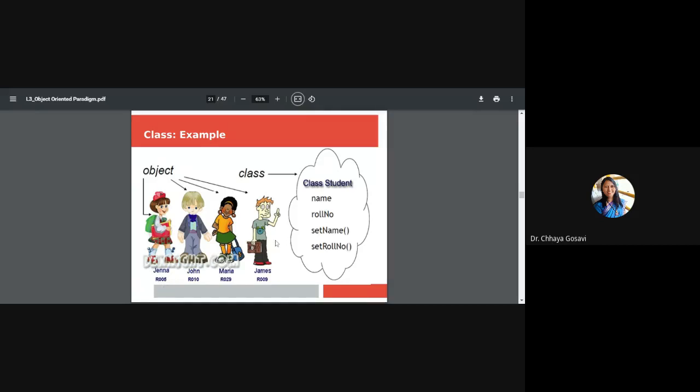So these are objects of a particular class which has one name and roll number, name and roll number, name and roll number. So these are all objects, and for all objects, note that each object should have the same state and behavior. State and behavior means the attributes and the methods, and they differentiate between each other with different name and roll number.